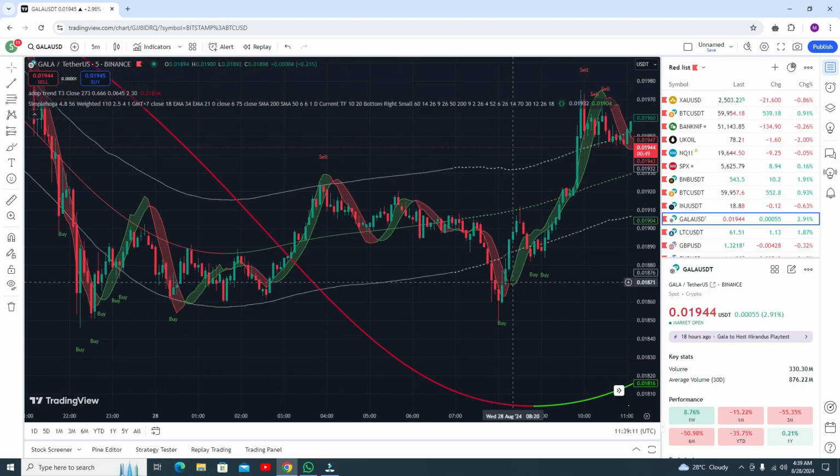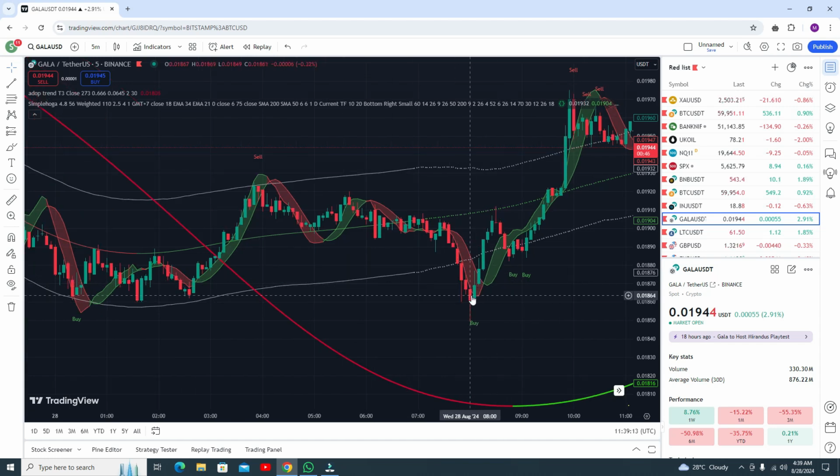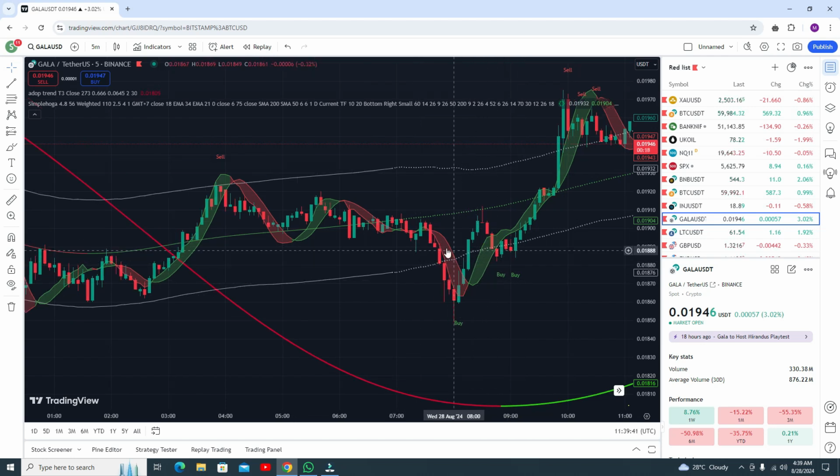Here you can see this indicator, at this point the top trend line is below the lower band line, but its color is red, so it does not matter. We need to go for the buy trade, but this is not a double confirmation signal. Okay, from this point, this is a double confirmation signal. This signal is not a double confirmation signal, it is just a buy signal, and you can go for the buy trade, but this will definitely give you profit. How? Let me show you. Here the first condition we discussed is that the top trend line should be below the lower band line.